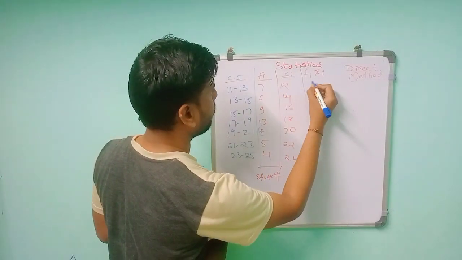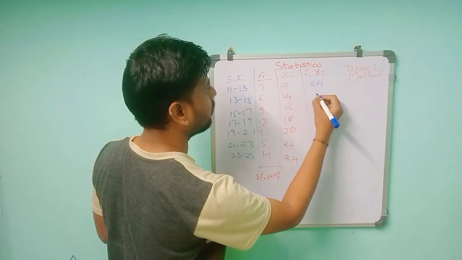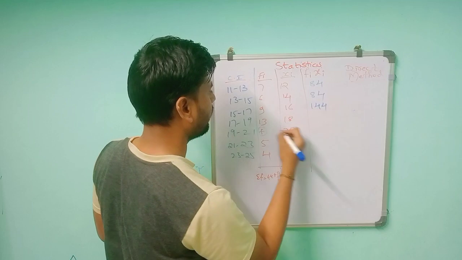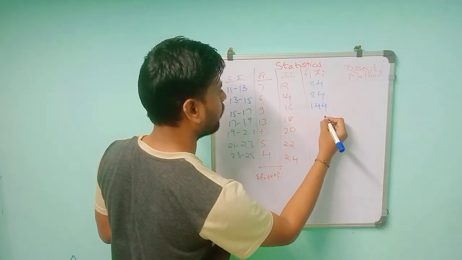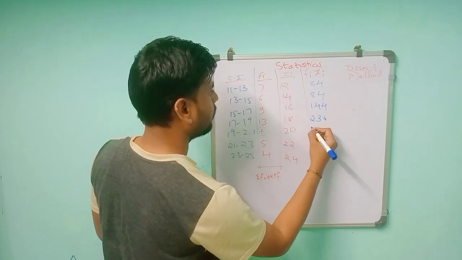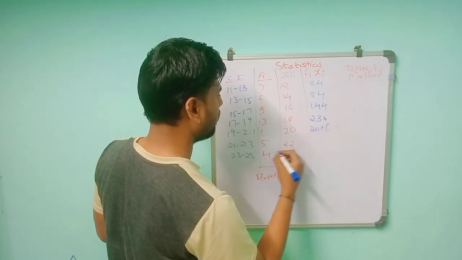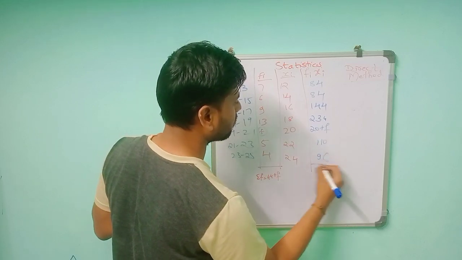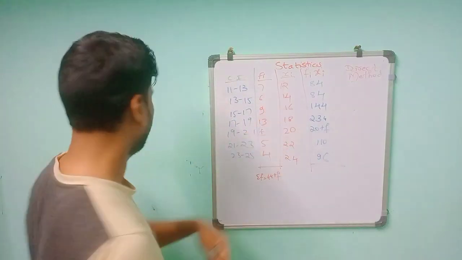12 into 7 is 84. Then 6 into 14 is 84. Then 6 into 24 is 144. Then 13 into 18, 13 into 8 is 104, 10 carry, so 234. Then 20 plus f. Then 5 into 22 is 110. Then 4 into 24 is 96. So you got the values. Total value will be